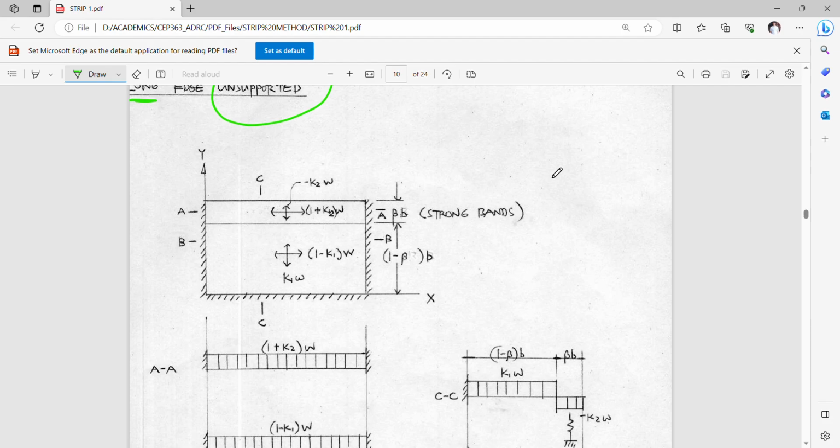in the two strips. So the division of the strip is simply composed of a strong band. We call it a strong band, which acts actually as an edge beam support, and the width of this edge beam is dictated by a factor beta, which is chosen arbitrarily within the limit of